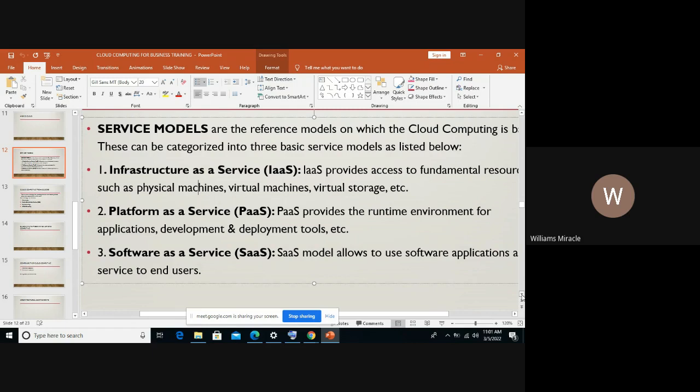If you're following, you would have heard me mention that as far as cloud computing is concerned, there are three kinds of users. We have the end users, the cloud providers, and the others.